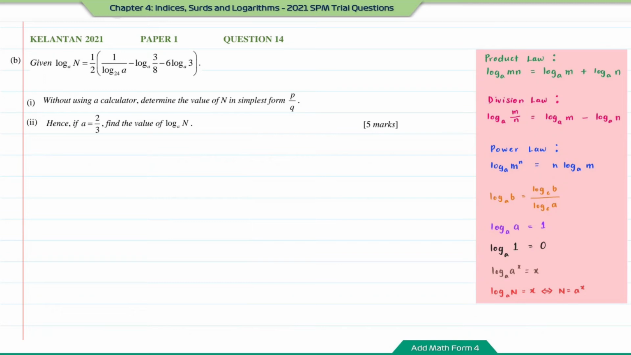Question B. Given log base a of n equal to 1 over 2 bracket 1 over log base 24 of a minus log base a of 3 over 8 minus 6 log base a of 3. So number 1, without using a calculator, determine the value of n in simplest form p over q. So here the log is in the form of base a, except for this one is log base 24. So I'm going to change this log base 24 into log base a using this law here. So for question number 1,